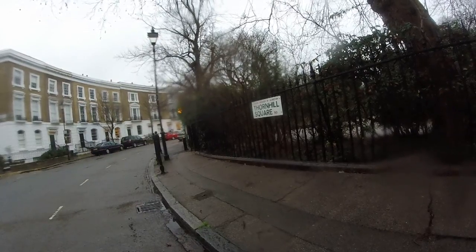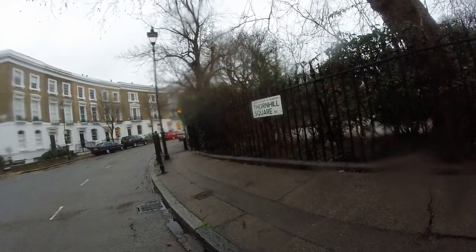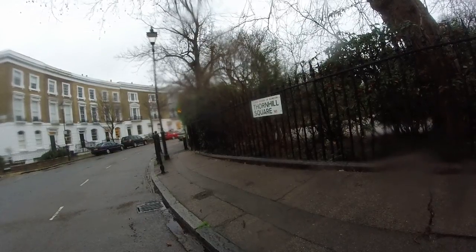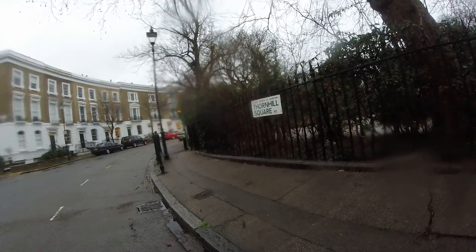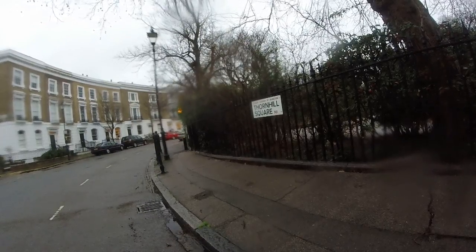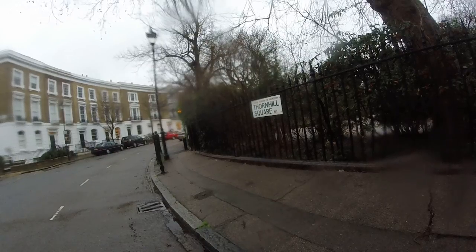Storm Desmond and Storm Eva have laid devastation to a lot of the west of Ireland and a lot of the northwest of England, but I'm stupid enough to believe the BBC when they say the rain's going to stop. Not sure how this is going to go on this GoPro in the wet with the back open for the microphone,